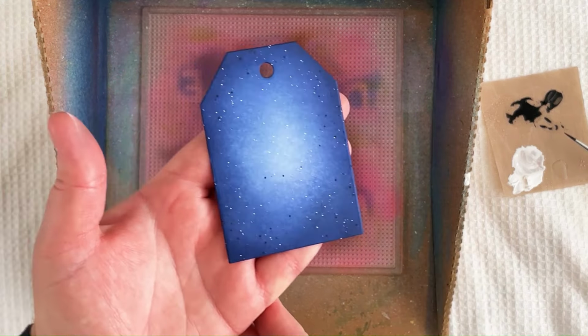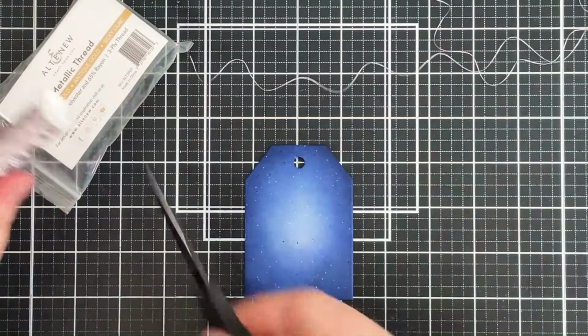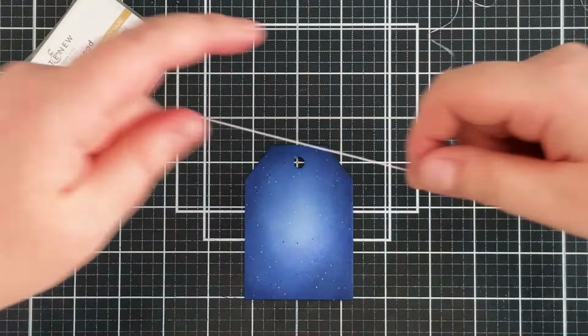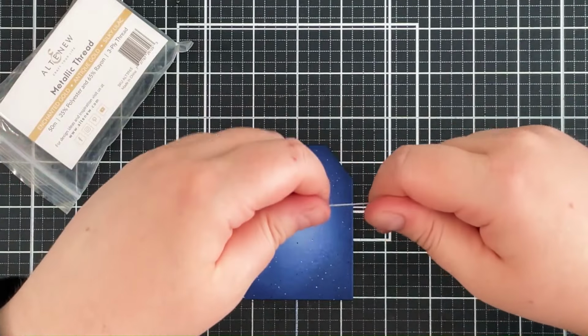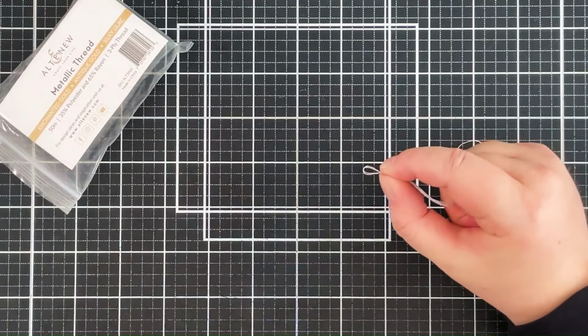So I think that looks really pretty. Once that's dry, the inks do kind of fade a little bit and do blend out a little bit more as well. I've then got the Silky Lilac metallic thread, and I folded that in half, and now I'm folding it in half again. I want to do a double bow,